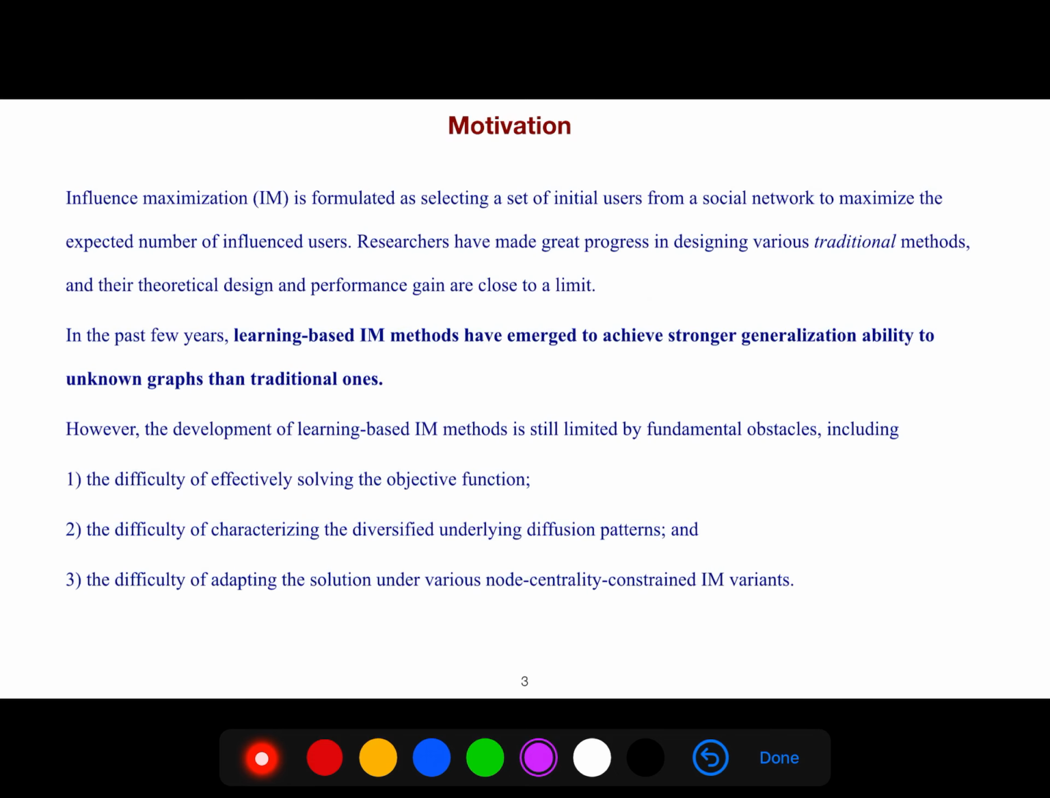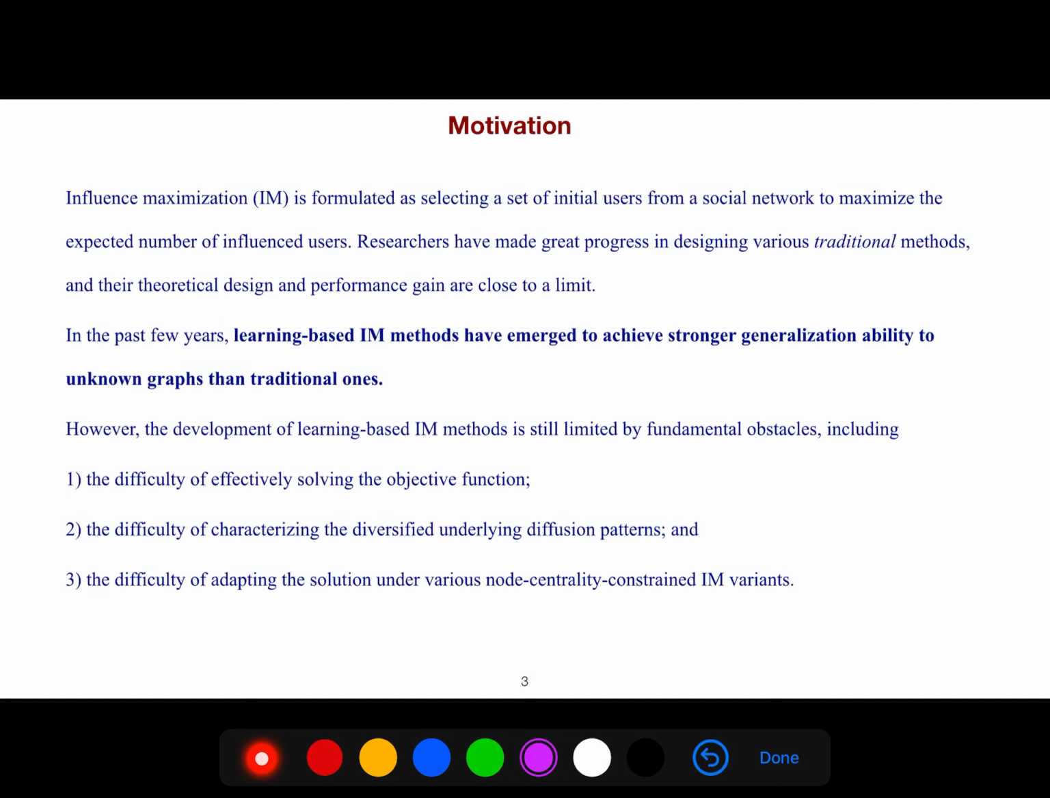Influence maximization is formulated as selecting a set of initial users from a social network to maximize the expected number of influenced users. Researchers have made great progress in designing various traditional methods, and their theoretical design and performance gain are close to a limit. In the past few years, learning-based influence maximization methods have emerged to achieve stronger generalization ability to unknown graphs rather